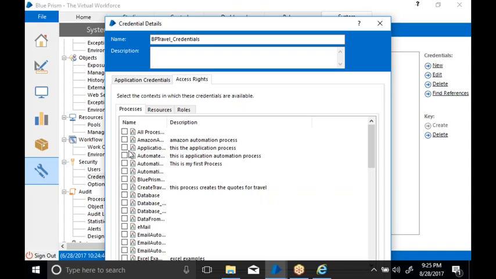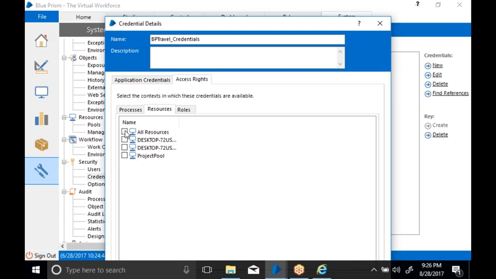You can choose whichever process you want to give access to. As of now I'm giving access for all processes, and for all resources, that is all the Blue Prism systems connected to the particular server, and for all roles like tester, developer, and everything. This we'll see later in detail.